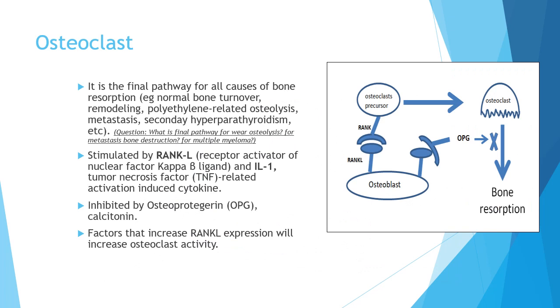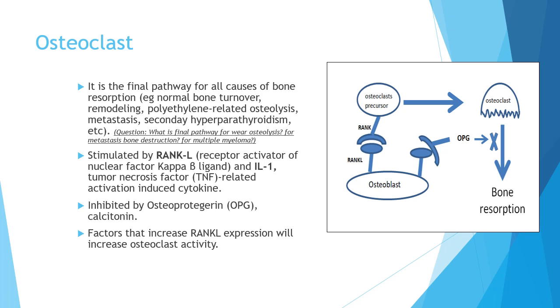So we spoke about the osteoclast function, which is bone resorption, and this bone resorption is the final pathway for all causes of bone resorption. The normal bone resorption has osteoclast. Remodeling that happens after fracture in kids has osteoclast as the responsible for that. Polyethylene wear osteolysis, that's also osteoclast. Even metastasis and secondary hyperparathyroidism depend on the final pathway, which is bone resorption